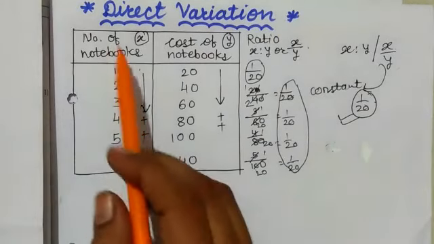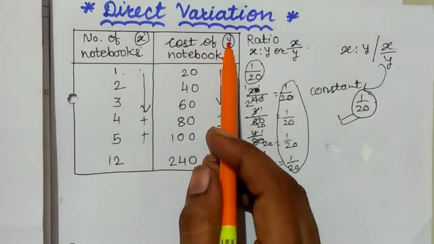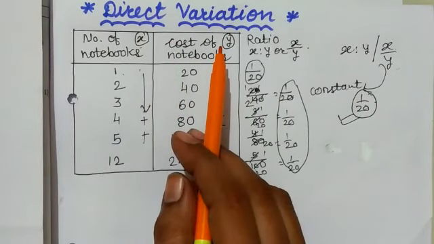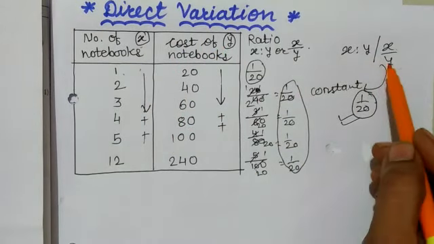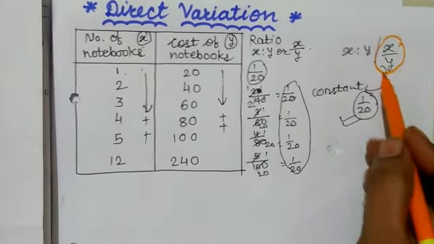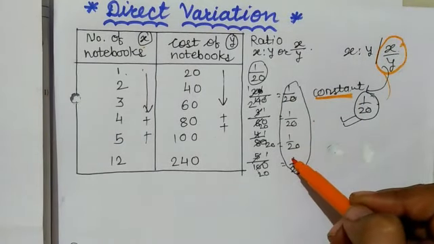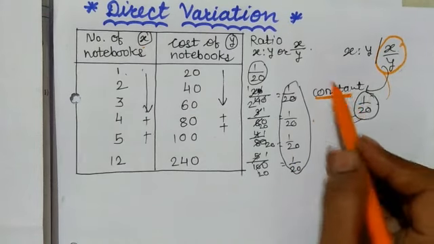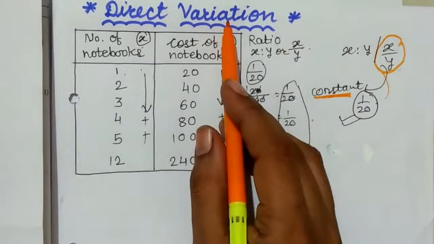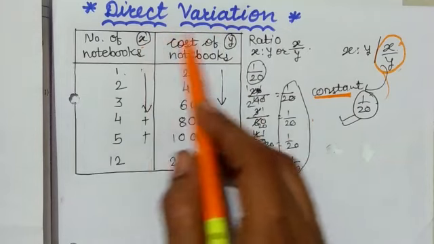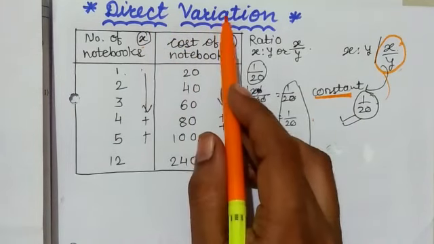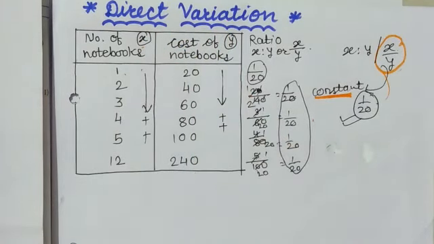It means that x and y are two different quantities that have x upon y as a constant one everywhere in each ratio. Then it means that there will be direct variation among them. It means that x and y have direct variation or direct proportion. But how are we going to write that?